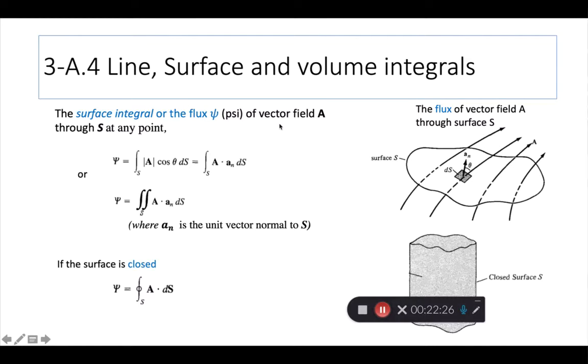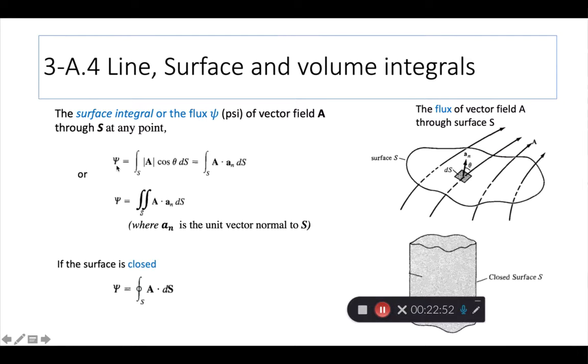So the surface integral of vector field A through S at any point, and S is a surface, right? Previously I talked about a line. Here S is a surface. It can be in 3 dimensions, while a line is only in 1 or 2 dimensions, right? So the surface integral through S at any point is called the flux,